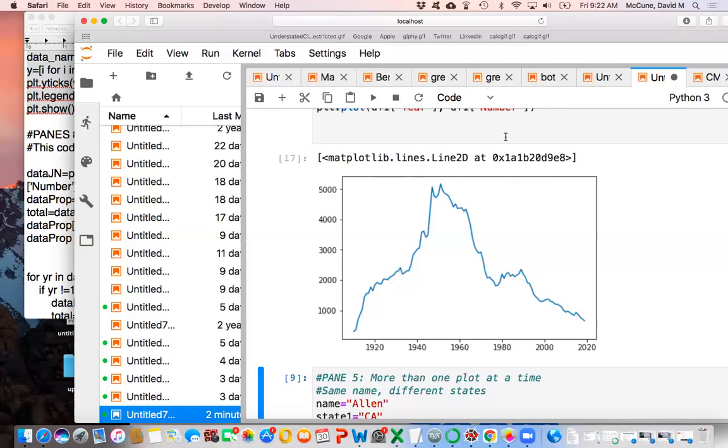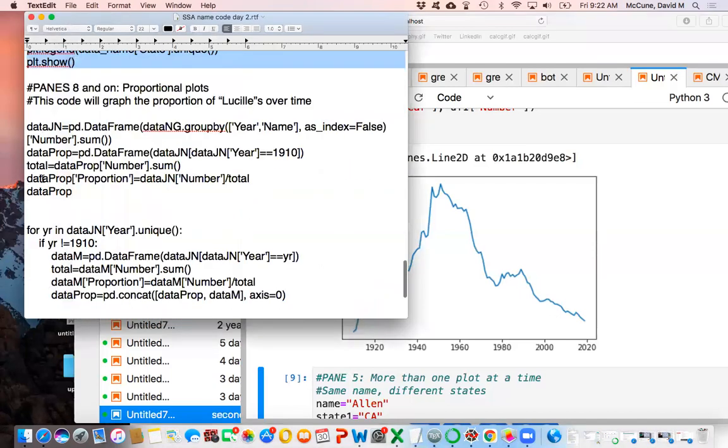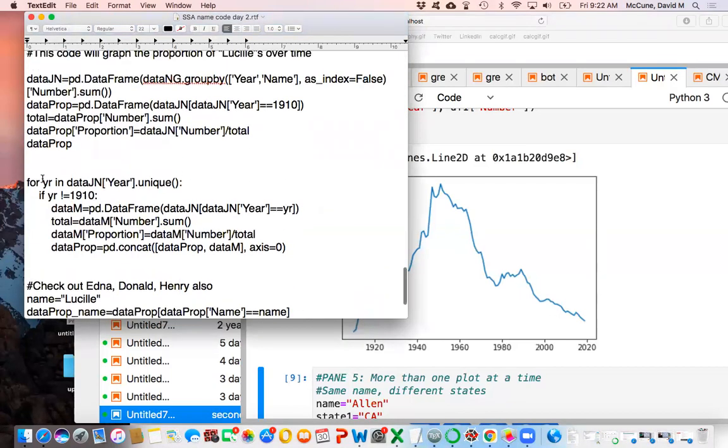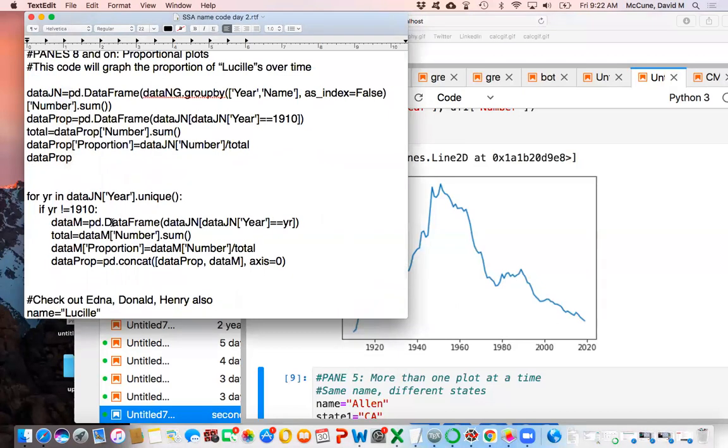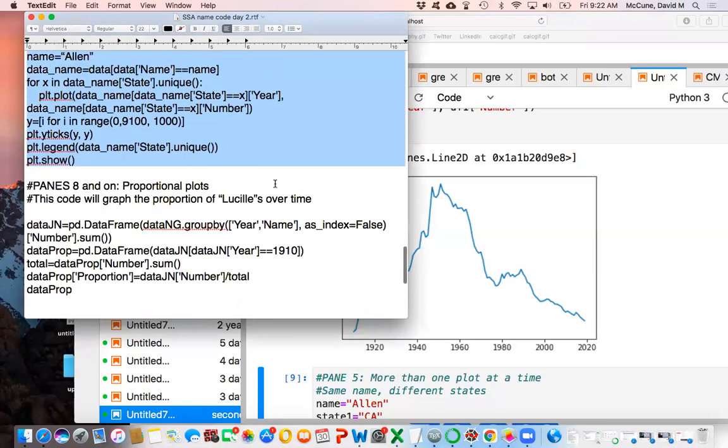Let me check the chat real quick. Multi-state plot is missing. Oh, in the code you guys have on Moodle, is that right? Sorry, Ian, would you mind unmuting yourself just so you can tell me what?